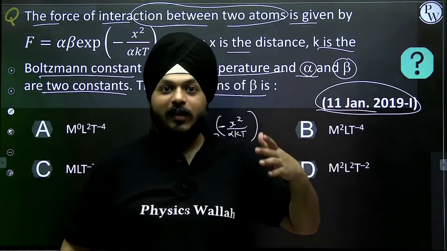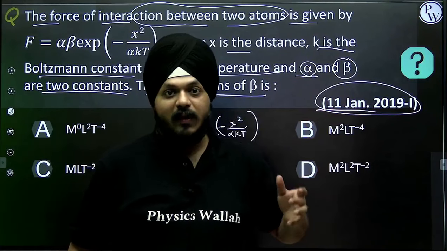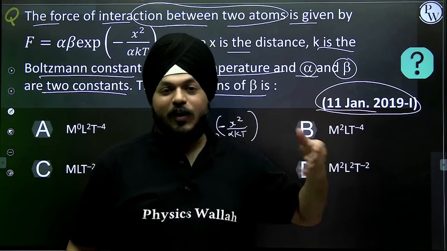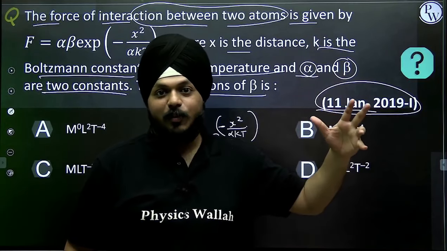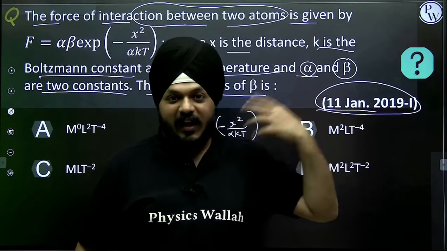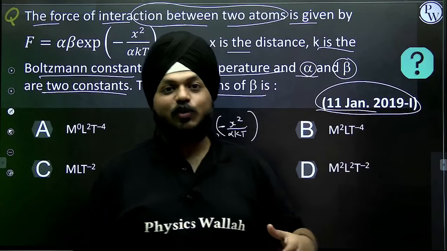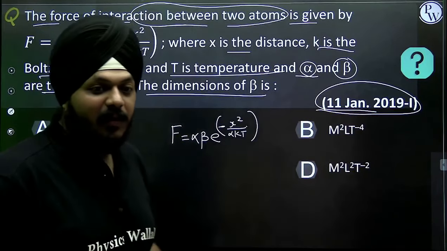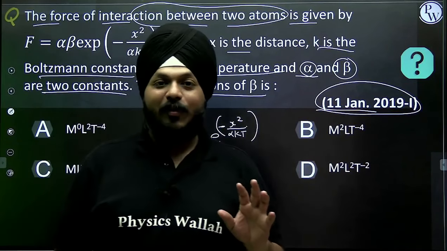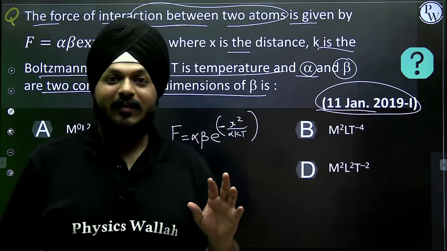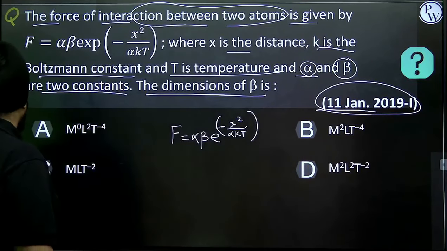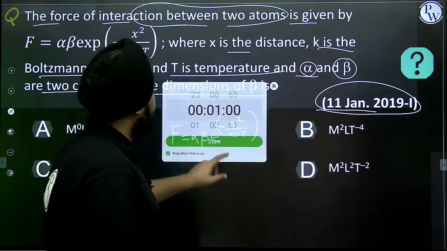See, first of all, for an hour we built the foundation. Now slowly we are going on to the most important stuff. Slowly we are going to move on with the principle of homogeneity, then conversions, relations and errors, and micrometer screw gauge and Vernier calipers. So this is really important. Okay, let's give you all a minute to solve this. Come on.